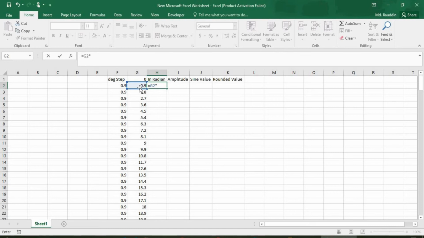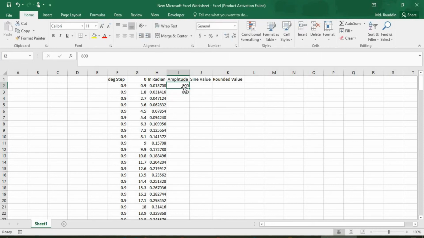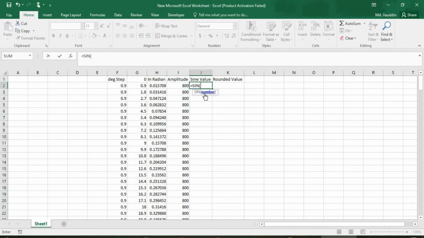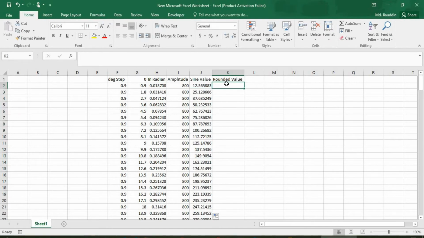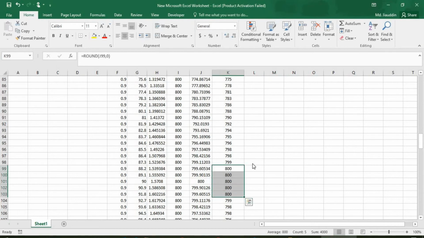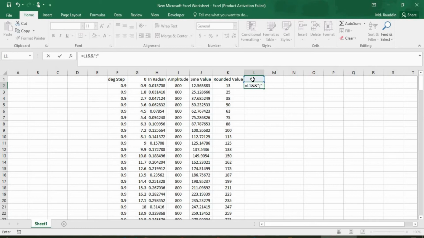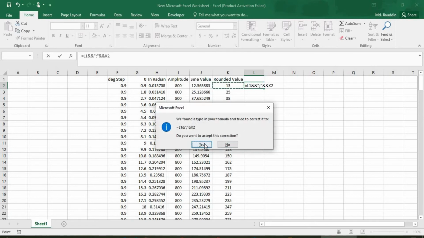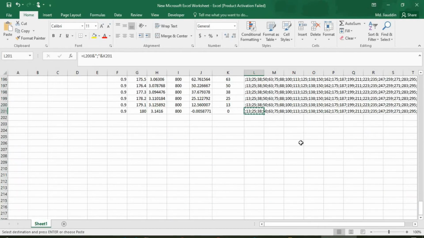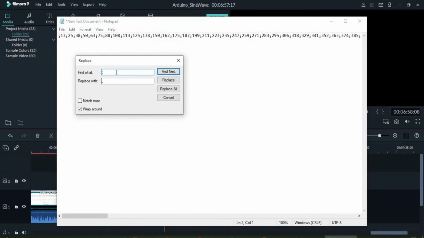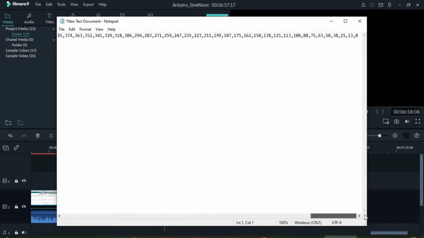Here we are calculating the absolute degree value after each step. Then we are converting the degree to radian because the formula in the Excel spreadsheet works in radian. Then calculating the values using the sine formula and 800 as amplitude, rounding the values as we need integers, checking if we got the maximum amplitude at 90 degrees, and finally concatenating the values to have the final array with a separator. I used semicolon as separator, otherwise Excel will consider it as one number. Then using Notepad, I am just finding and replacing the semicolon with comma. Then we'll have the active 200 values for half cycle.